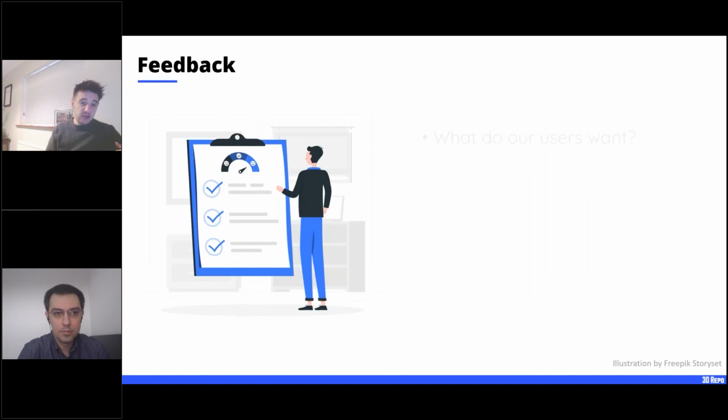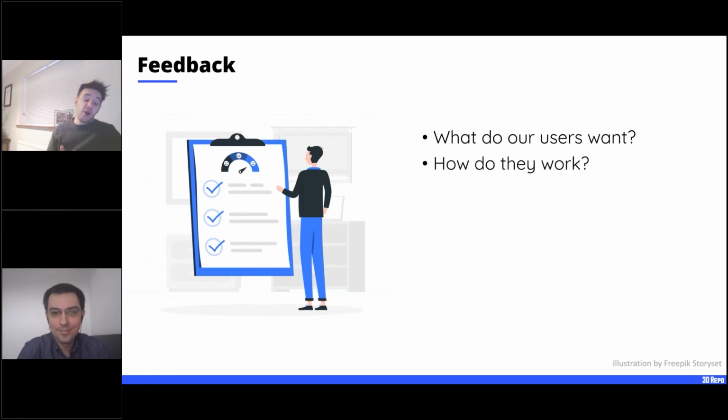And then feedback. Again, not to bang on this drum too much, but the lean principles really apply here. We want to find out what our users want. We want to find out how they work, because we make assumptions, and some of those assumptions are based off my time in industry or our partners' times in industry. Some of them are based off user feedback, but the ways of working change. And if there's a shift in ways of working, we want to understand it